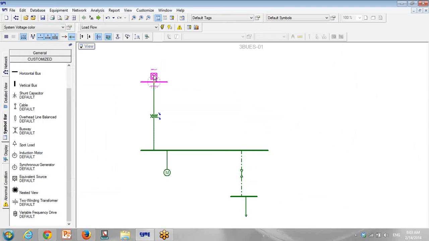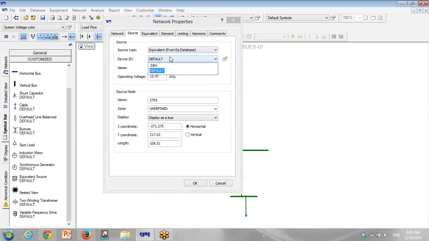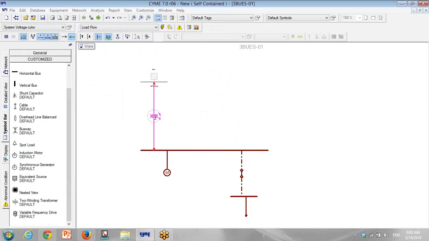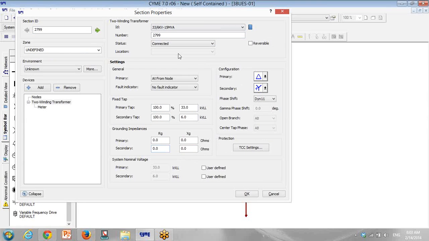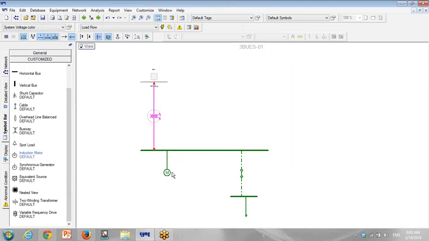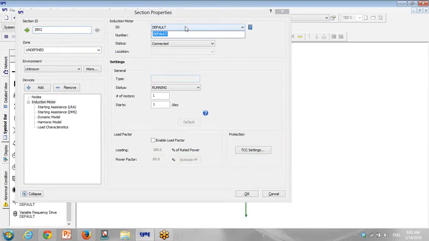Okay, right now I want to relate the data. Let's go to source, relate the database to the equipment. For transformer, I go and select it so all the data automatically come. Again, for the motor, for induction motor,